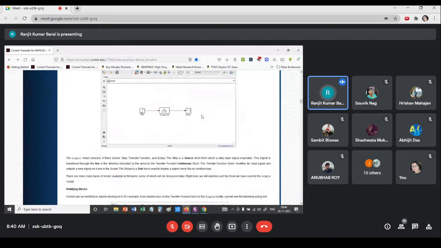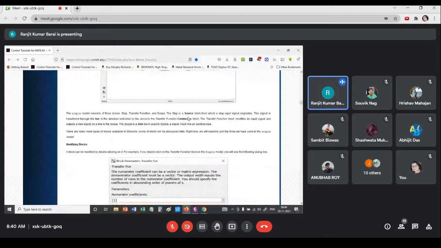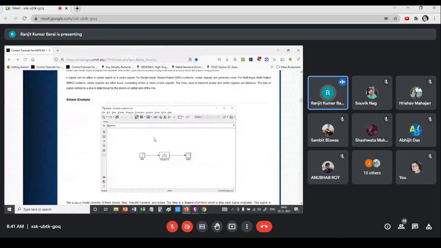So here, if I create a simple system like this, a transfer function for a system, step input and oscilloscope over here, and all continuous. After creation, you have to press this play button. This play button is for simulation, or you can call the simulation from here also. All the functionalities that are available here are also available from this drop down menu.